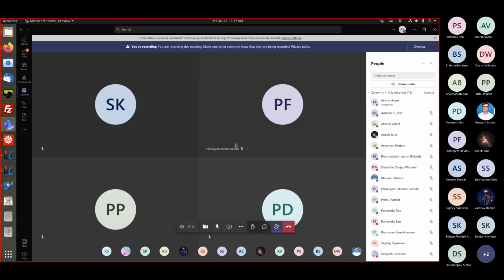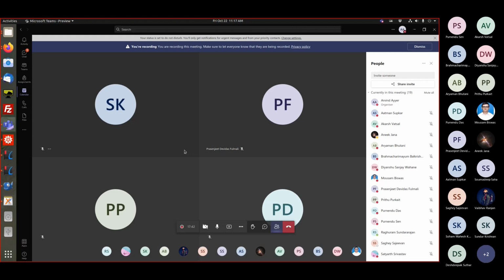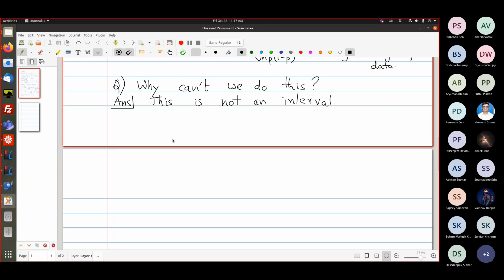So Soham is kind of on the right track, because if the square root were not there, that would not be an issue. The square root complicates things because the answer is not an interval in general. Remember, we are talking about confidence intervals. I want to say that P lies in this range. If it's a union of intervals or something, then it's not such a practical thing to handle. Right?